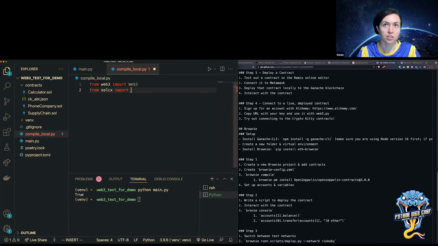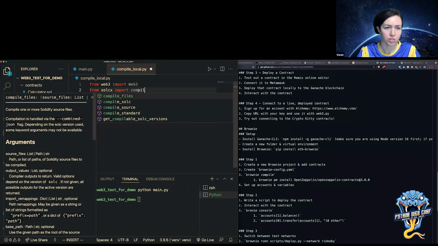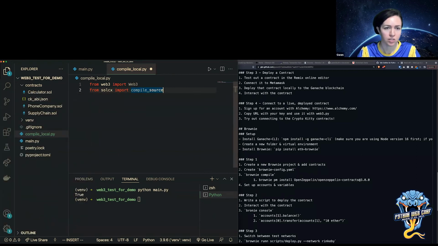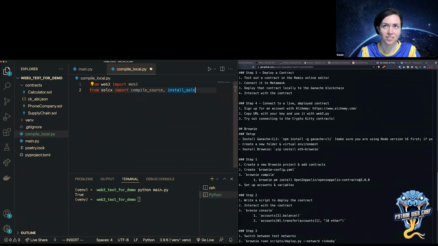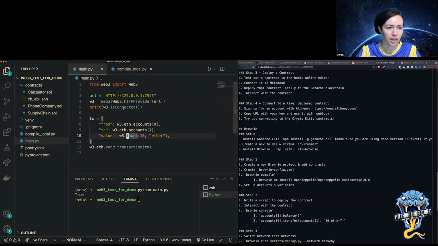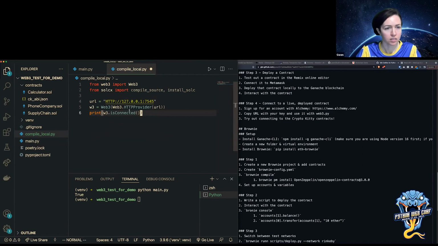So I'm going to import two things: compile_source and install_solc. Okay. And I'm going to copy over what I have here. I'm still connecting to my Ganache, connecting to the same provider, so all of that is the same.